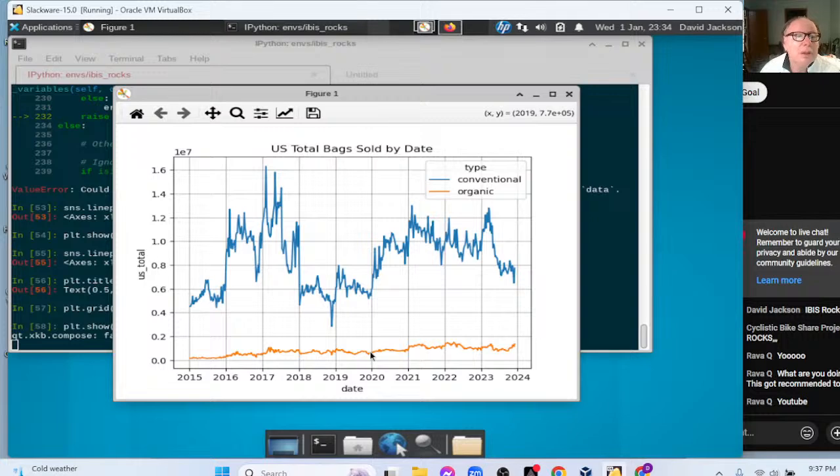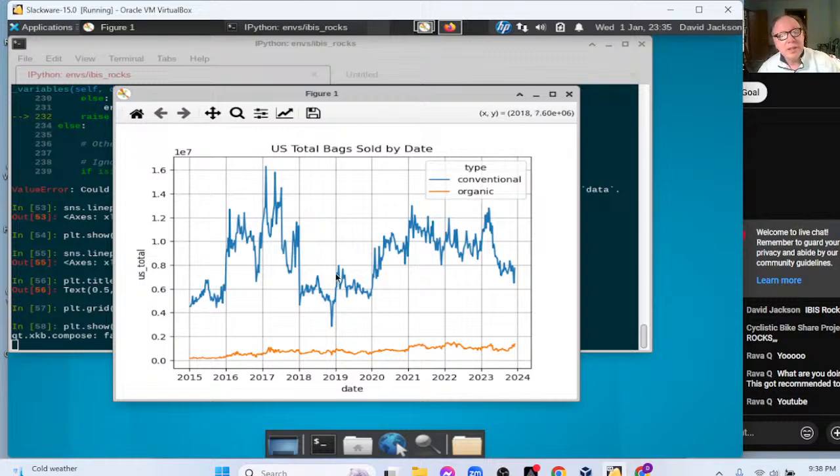I mean, look at the difference between the number of organic bags sold and the number of conventional. I suppose the good thing about the organic is that you have a nice consistent number of units being sold. The bad news is it's flat.